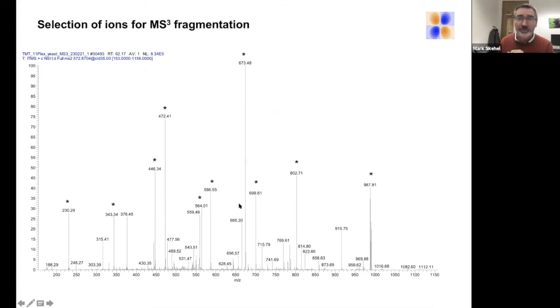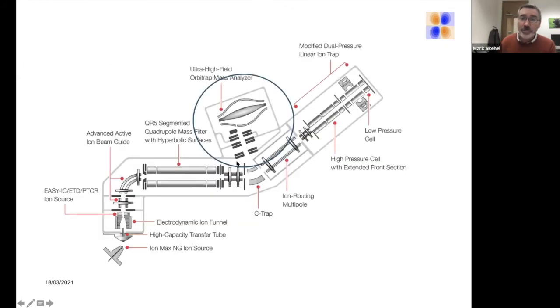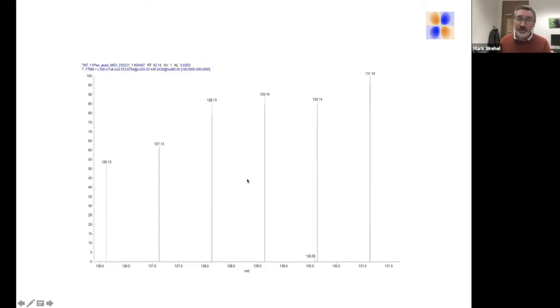But what we can do is select a number of fragment ions, and here we're selecting the top 10 most intense fragment ions. We move those ions from here back into the HCD cell, where they're fragmented again and detected in the Orbitrap. And now when we do that, we see the reporter ions and we get an accurate value. So what we've done there is select specific fragment ions for that initial precursor ion that we selected, and hopefully we've removed any issues we have with